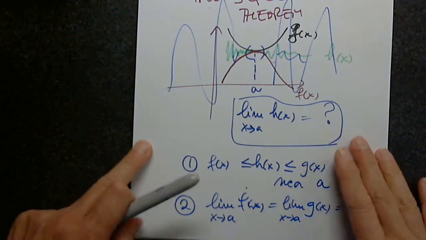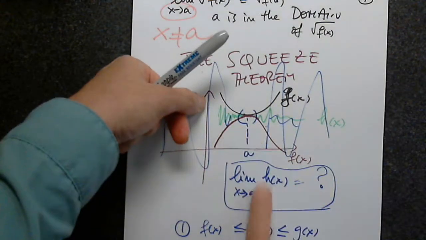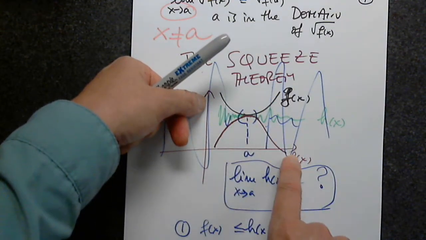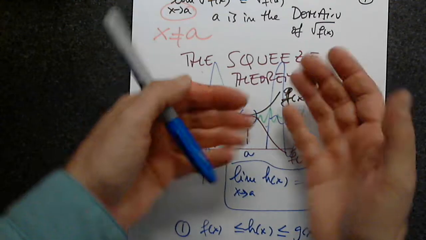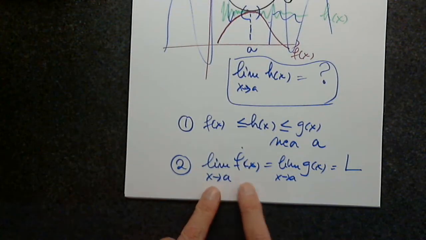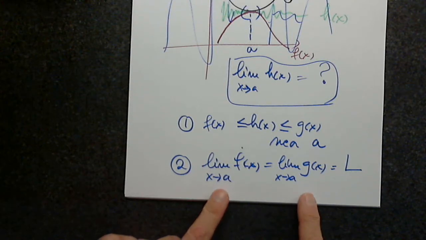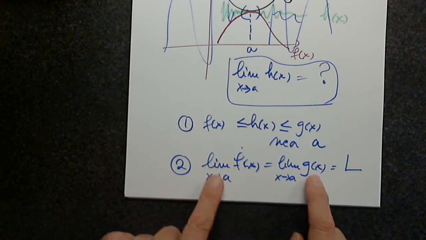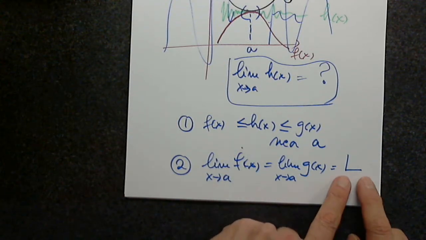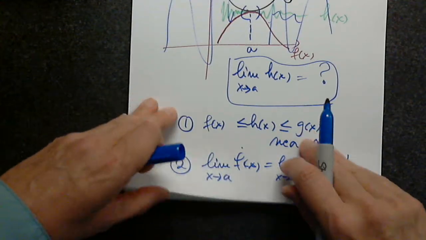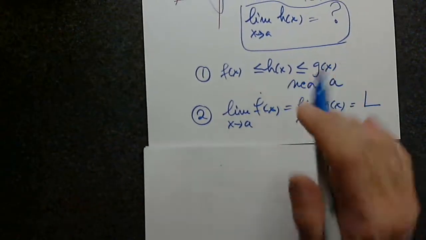I need to show that the function I'm trying to find the limit of is squeezed between these two functions near a. I don't care what happens outside or far away. If the second hypothesis holds, the limits of either function both exist and are equal to the same number, then I will say by the Squeeze theorem,